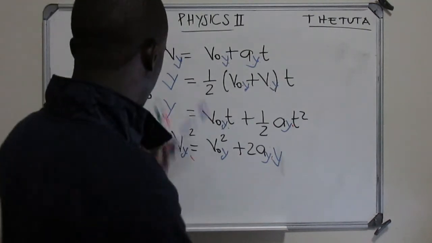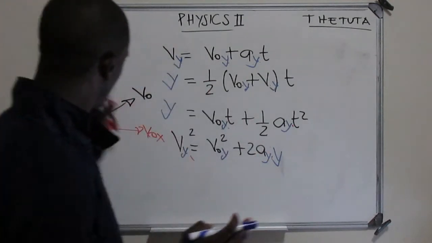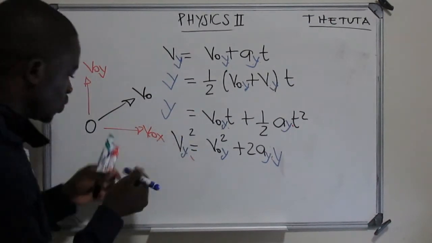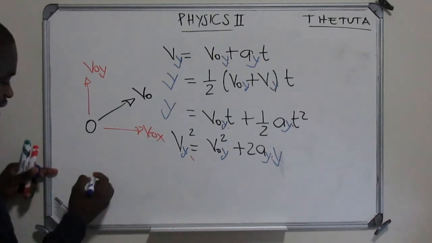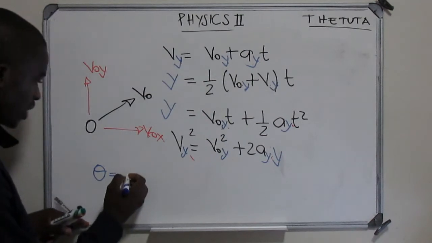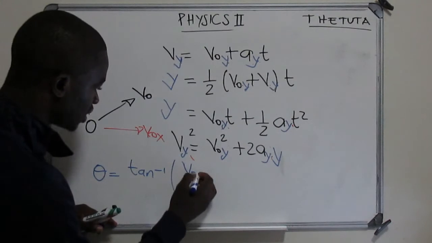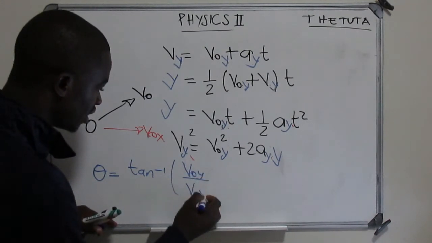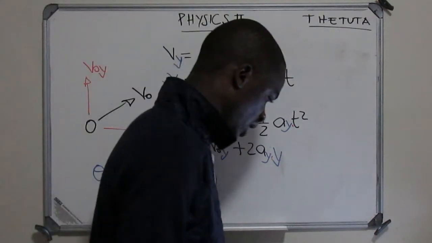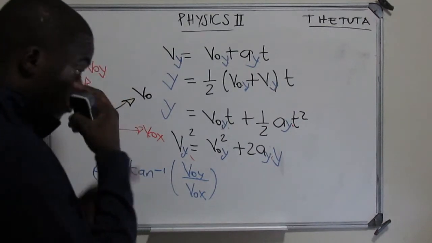Okay, so these are the formulas. They are given for the x-axis and as well for the y-axis, because we are in 2D, two dimensions. One vector and this vector gives us a 2D. Okay, but remember, we used to calculate our angle. We can calculate it for the final velocity. It's going to be tan of theta, the velocity in y over the velocity in x. Okay, so we're going to be applying this formula as well. This is the part that we have to understand about the equations of our 2D dimension.